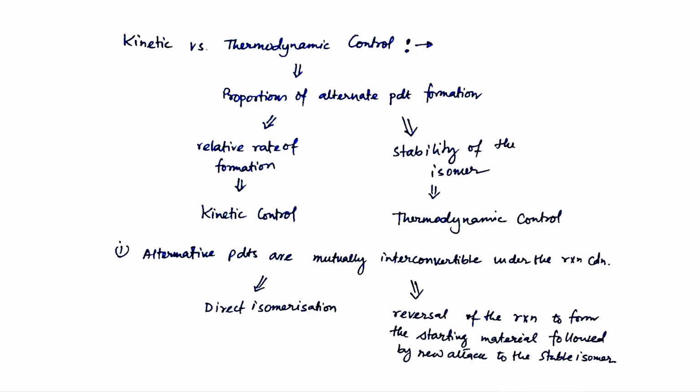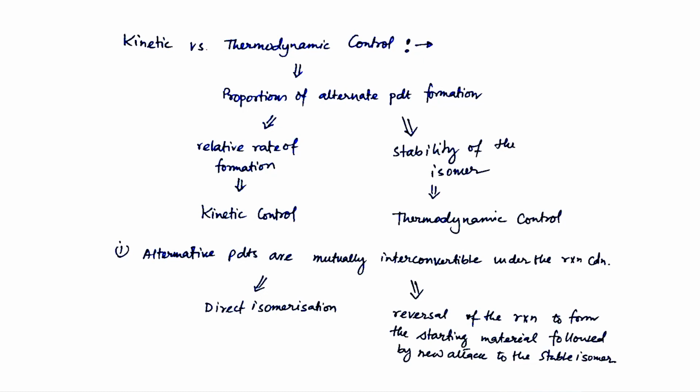So the first product that formed very fast, we call the kinetic product, and slowly it converts into a more stable product. We call that the thermodynamic product. So how can this transformation happen from kinetic product to thermodynamic product? Generally, kinetic product goes to thermodynamic product, but thermodynamic product very rarely comes back to the kinetic product. It can, but it's very rare.